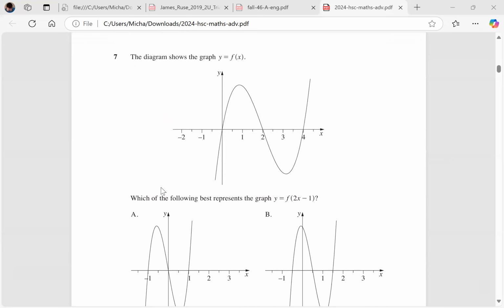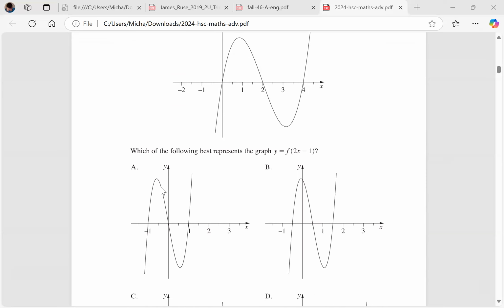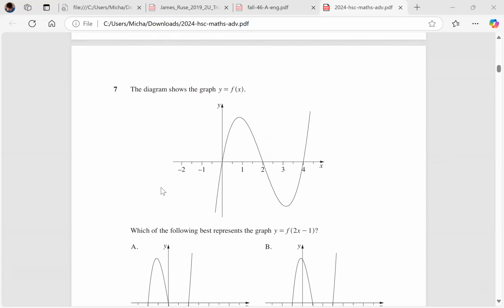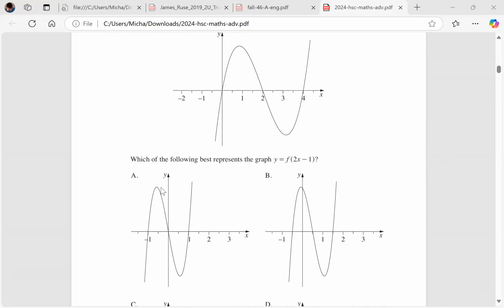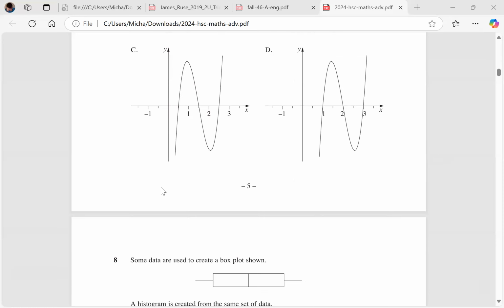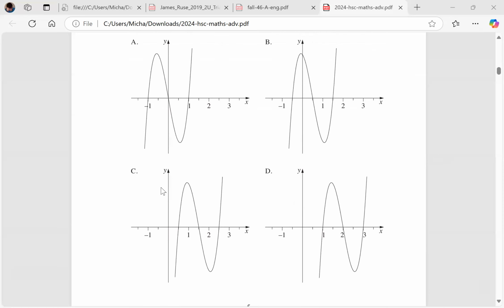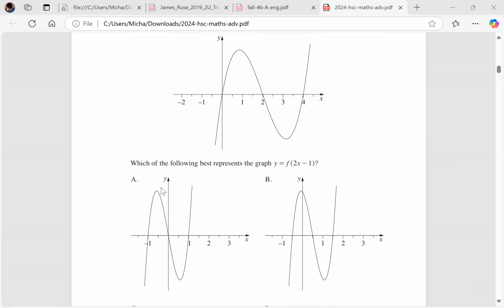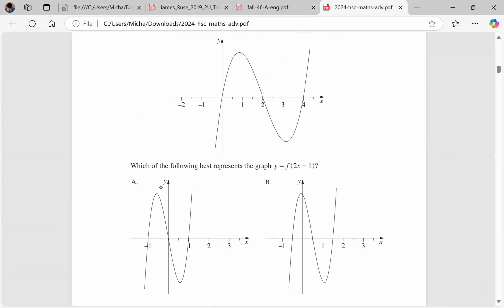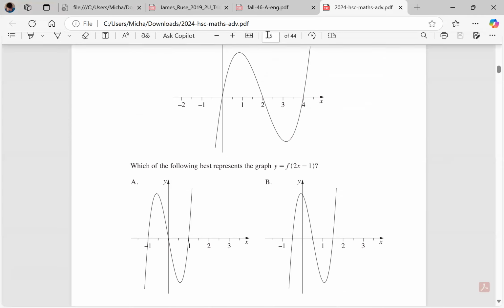Okay, so the diagram shows the graph y equals f of x. Which of the following best represents the graph f of 2x minus 1? Oh, I didn't know this was even in 2-unit. This used to be a 4-unit kind of thing. So 2x minus 1 is kind of like a straight line. So it starts a bit like